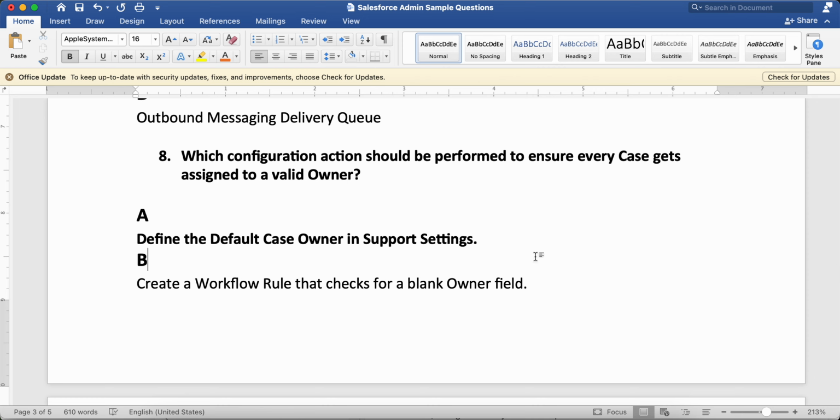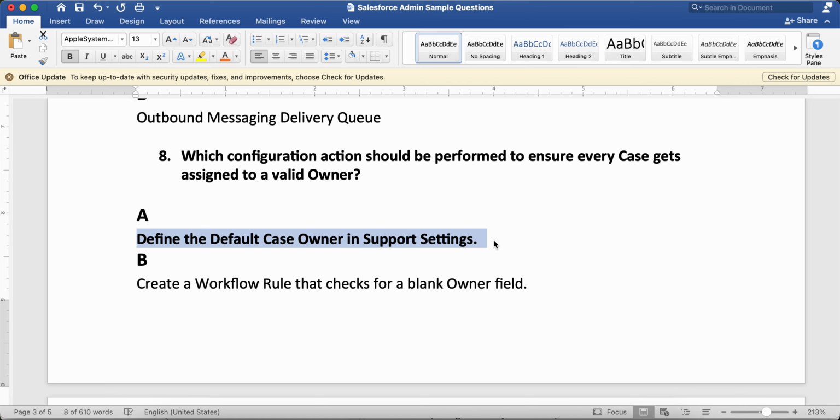Yeah, so actually, there has to be a case assignment rule for this case. Okay, to see that every time the case is getting assigned to a valid owner, we have case assignment rules for that. But since in the options there is nothing related to the case assignment rule, what we will select is define the default case owner in the support settings. Okay, so what happens is that first of all the case assignment rule will work, and all the cases will get assigned based on whatever the assignment rules were.